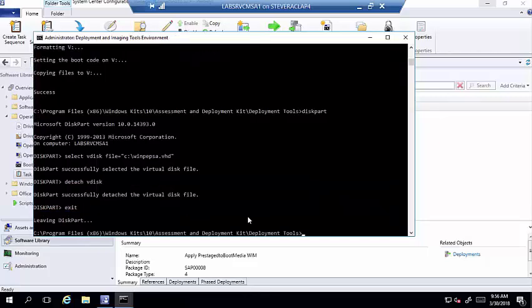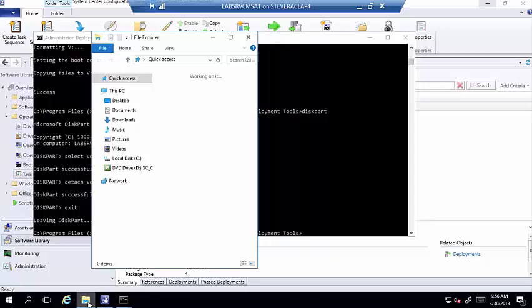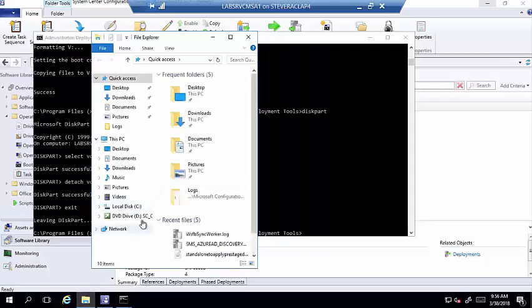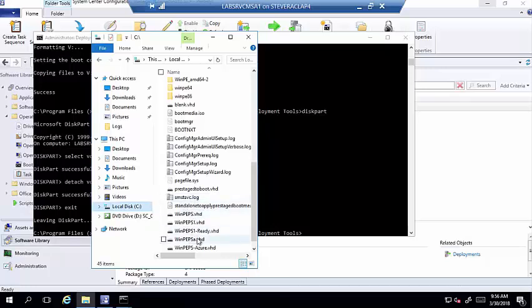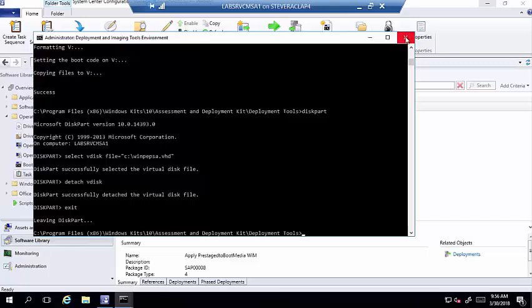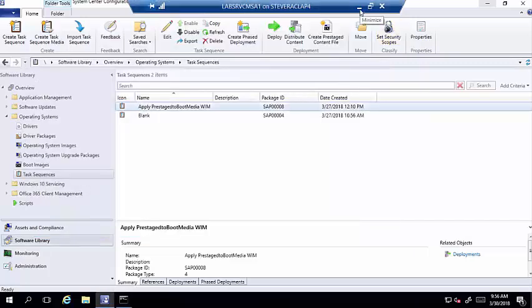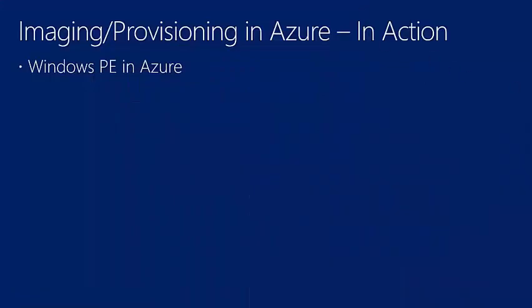So now I have that VHD created. I don't have the V drive any longer, yet if I look at C, you'll see that I have this VHD. That is a fully bootable version of Windows PE, right? So now that I've gone through that process, let me show you what I mean. I actually have a series of VHDs that I've created available for test and demo that I want to show you. Let me pop in